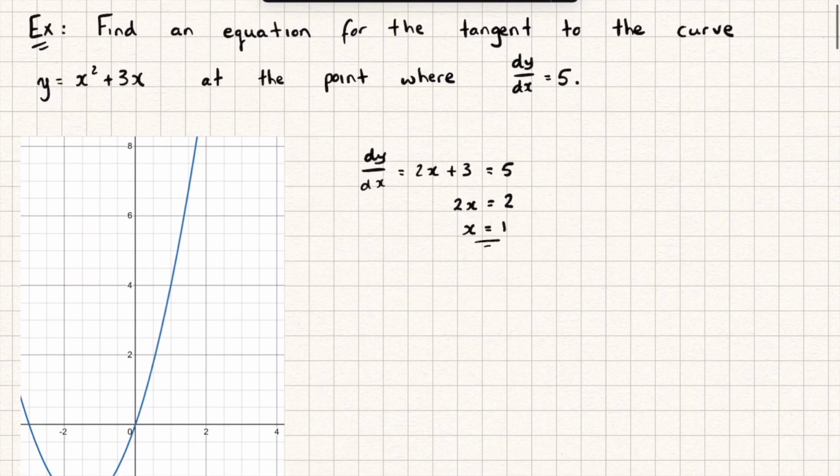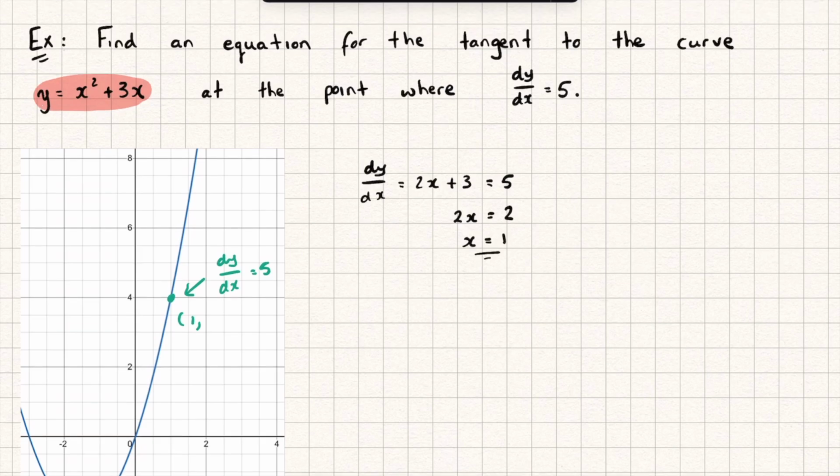Which means when x is equal to 1, let me mark that on, that's this point here, the gradient at this point is equal to 5, which is the point we were interested in. So we know the gradient of this point, it's 5, so now we just need to find the coordinates of this point, because that's going to let us find the equation of the tangent line. Well, we know the x coordinate is 1, we just worked that out. And so to find the y coordinate, we're just going to substitute x is 1 into the equation of our